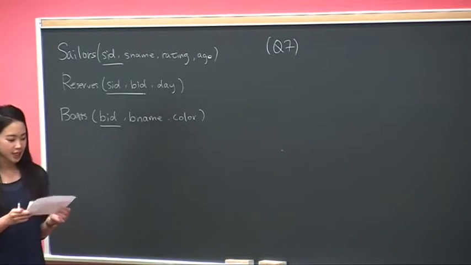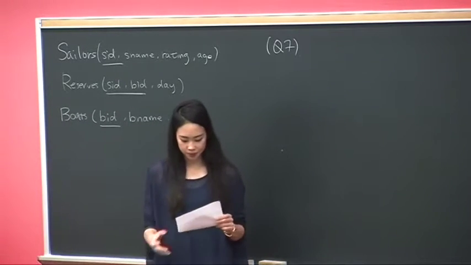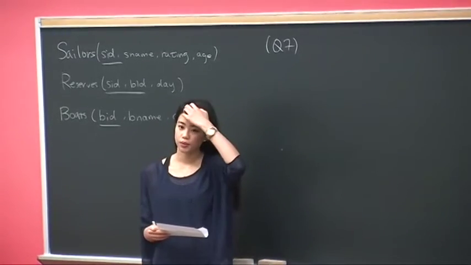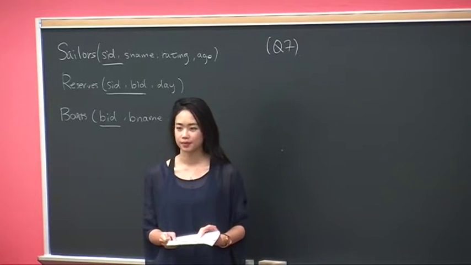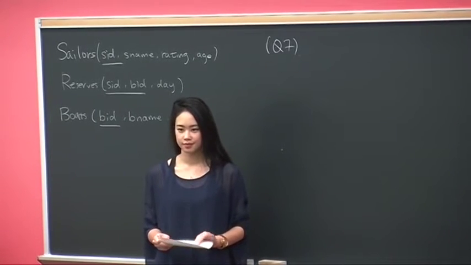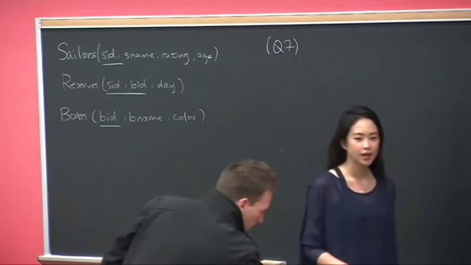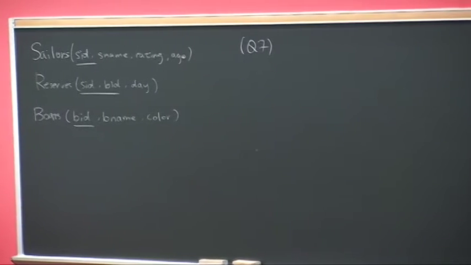This time we want to see at least 2 boats. What do you think would be a good approach to start? No clue? Yeah. So, couldn't we join Reserves to Reserves,